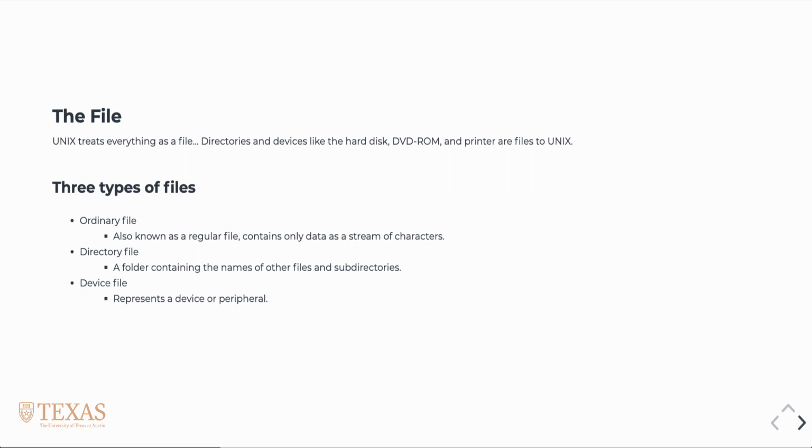An ordinary file, this is the file that would include text files, binary files. It contains some stream of characters. A directory file, also known as a folder, and inside each directory or folder there could be other directories, other ordinary files, or peripheral devices. Again, a peripheral device could be like an external hard drive, a DVD-ROM, even though those aren't as common anymore, printers, other things. Again, they're going to reside inside of some kind of directory structure, and we'll treat them as files in terms of how we interact with them, move them around, delete them, and other things